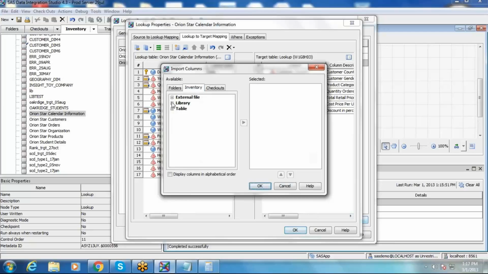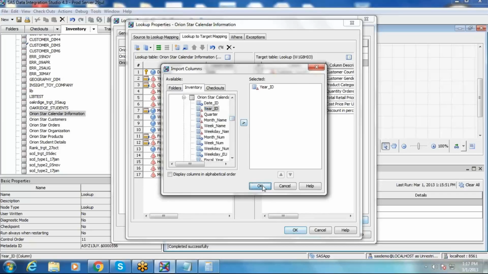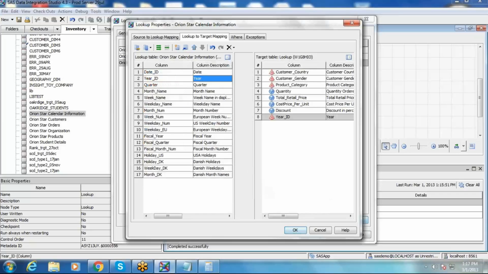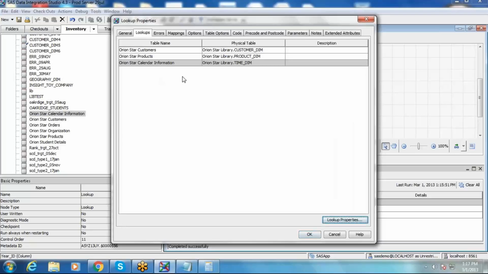Here we are just getting the structure. We are not getting the entire table data. Calendar information. You are expecting only year ID. So select that and then link it with year ID on the lookup table. So this is how you go with third lookup transformation.